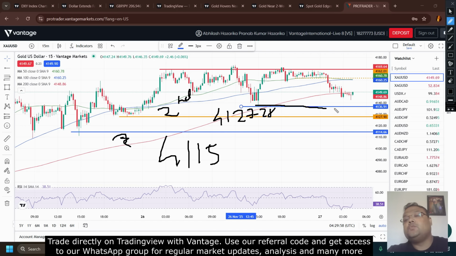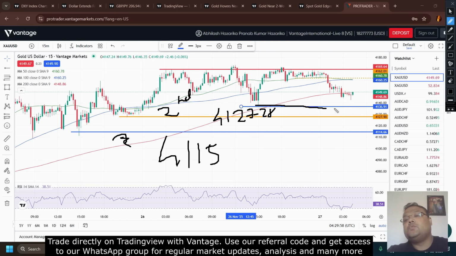Keep in mind that you should only buy when you see the market showing price rejection from below, because gold may be overall in an uptrend, but right now it is choppy, and when a market is choppy, it usually doesn't respect the levels properly. You will not see levels working precisely. Maybe it will go for some stop loss hunting and then come up.